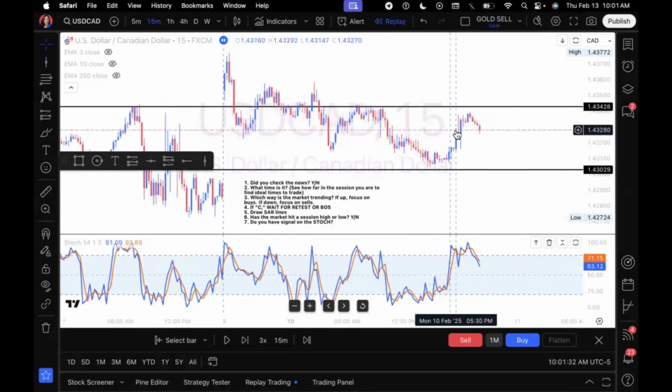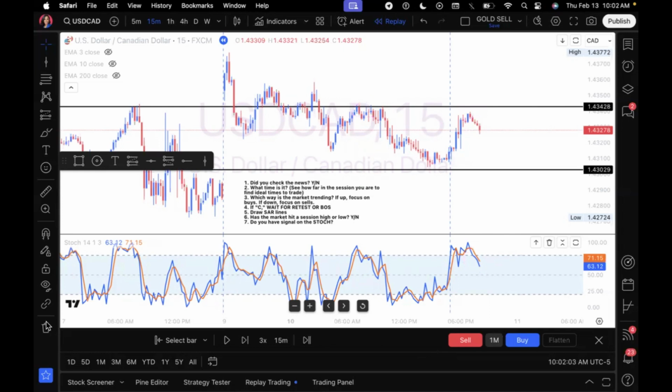So it looked like, because this market had been consolidating, I did want to wait for a break of structure, but I did have some other strong confirmations that made me want to sell. For example, when I put my support and resistance lines, I saw that this was a strong area of resistance, and I saw that the market hadn't quite reached that place again. So in conjunction with that and having these sell confirmations on my stochastic, I was confident to enter this trade